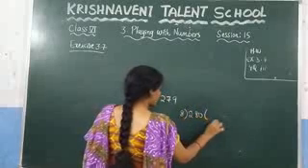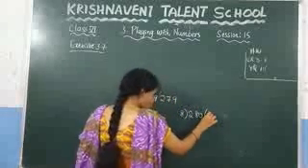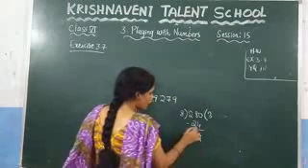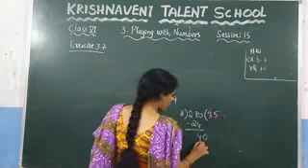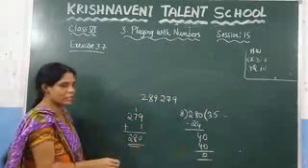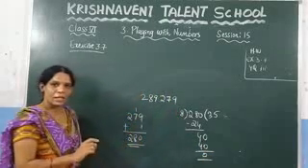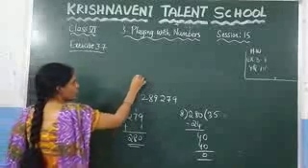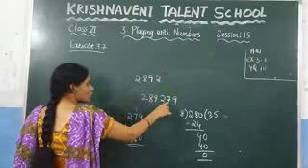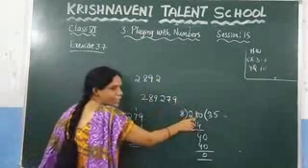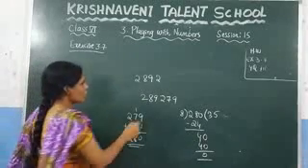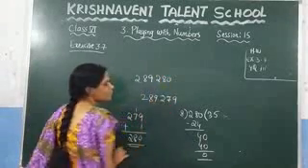So checking here: 8 threes are 24. Here 8 minus 4 gives you 4, and after that 0; 8 fives are 40. So what is the remainder in this case? It is 0, so we can say this number is divisible by 8. So what should be the number? 2,89,280. In place of 279, you need to write 280 so that the number is divisible by 8, because the remainder is 0. So write it here: 280.